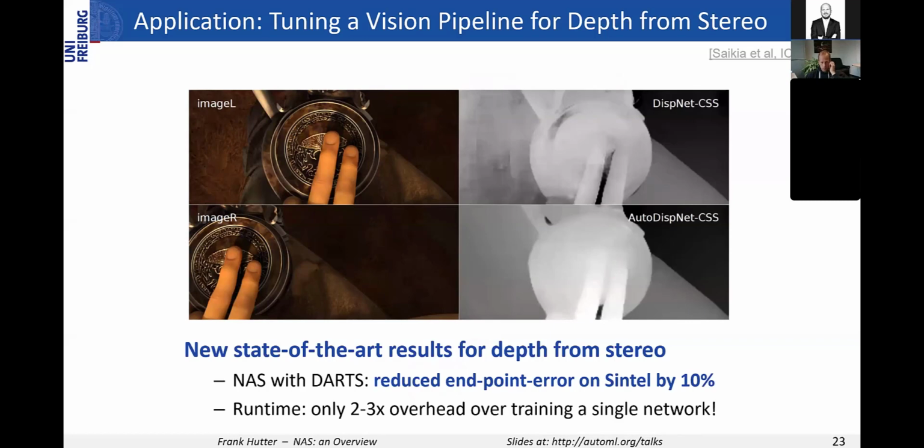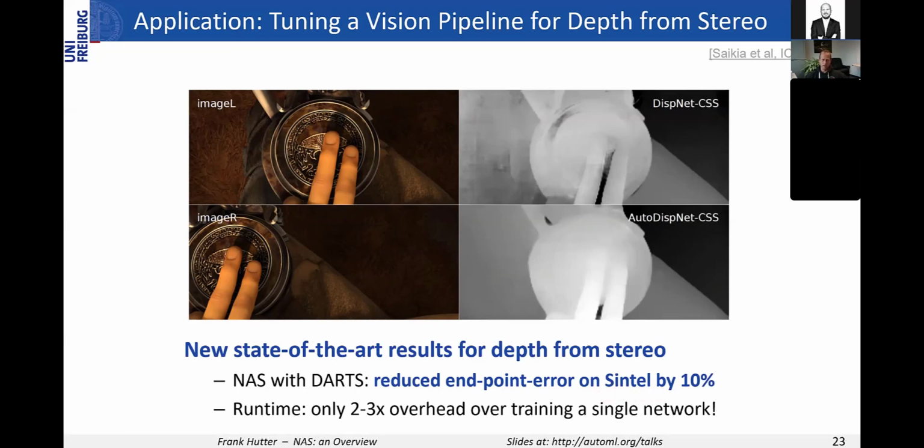And this AutoDispNet actually worked quite a bit better than the previous DispNet, which was developed in the computer vision group here in Freiburg by Thomas Brox, with several PhD students having worked on that for several years. So they really worked on this. They were world experts on this. They had the best results on this. And nevertheless, using DARTS and architecture search, we could still together find an architecture that yielded better performance on